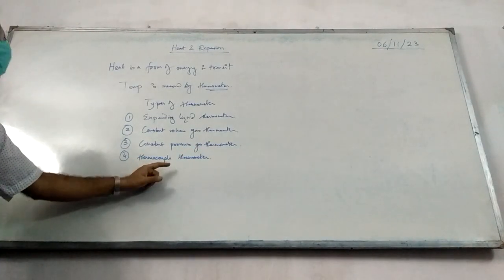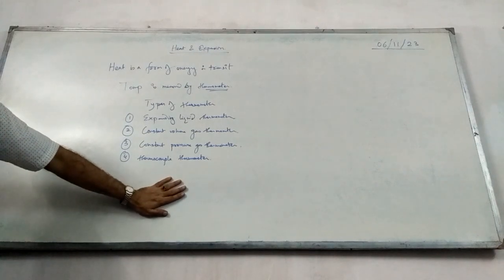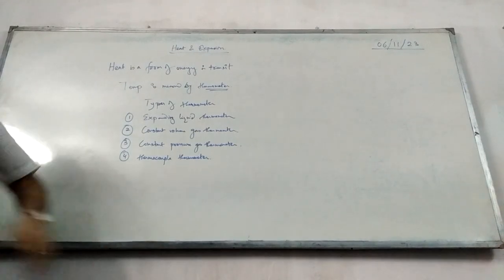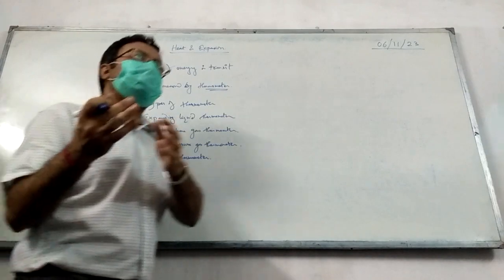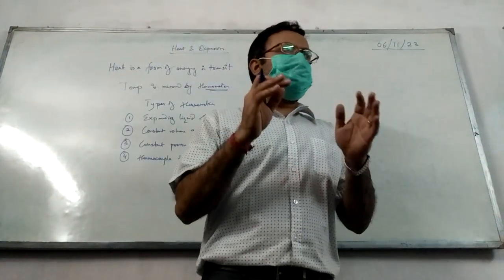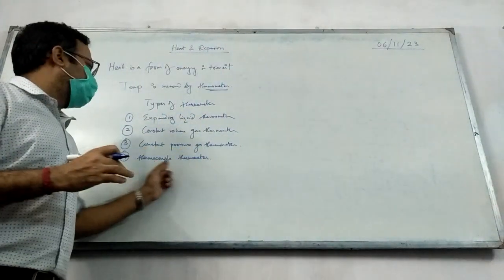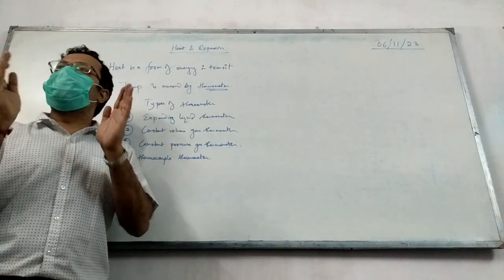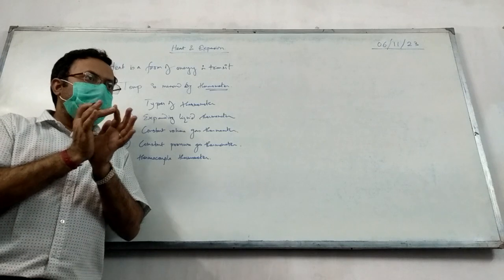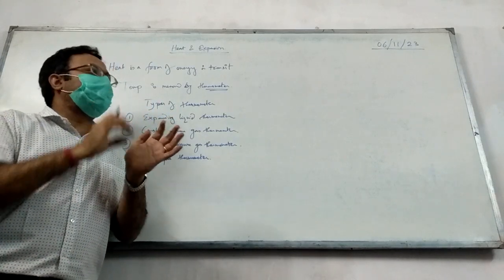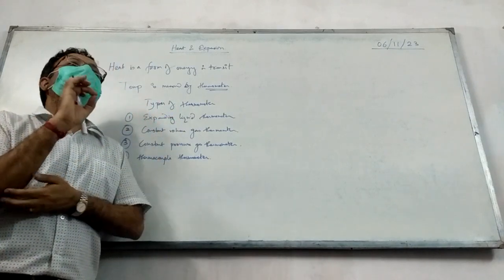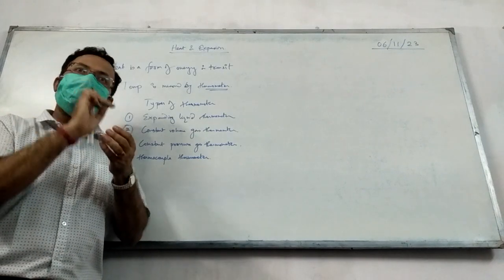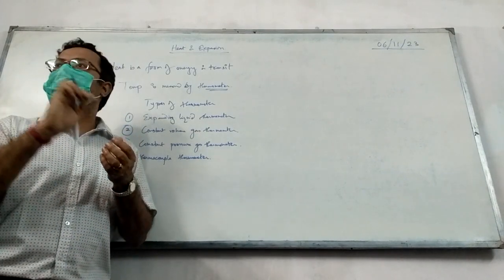And the fourth one is thermocouple thermometer. What is a thermocouple thermometer? Thermocouple is a process of conversion of heat energy into electrical energy. There are some metals couple. The term couple means what? Two different things taken together, right? So two different metals joined end to end, and if any one of the junctions is heated, the other junction has a difference in current. Means there is a small amount of electricity that flows through the other junction.